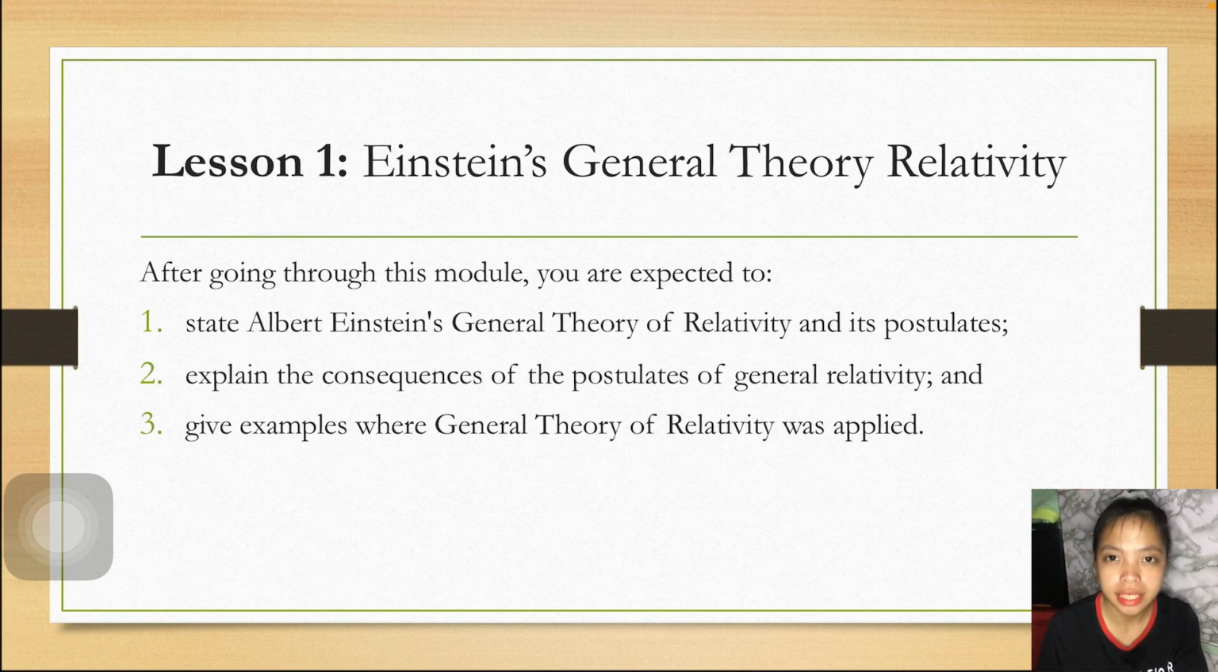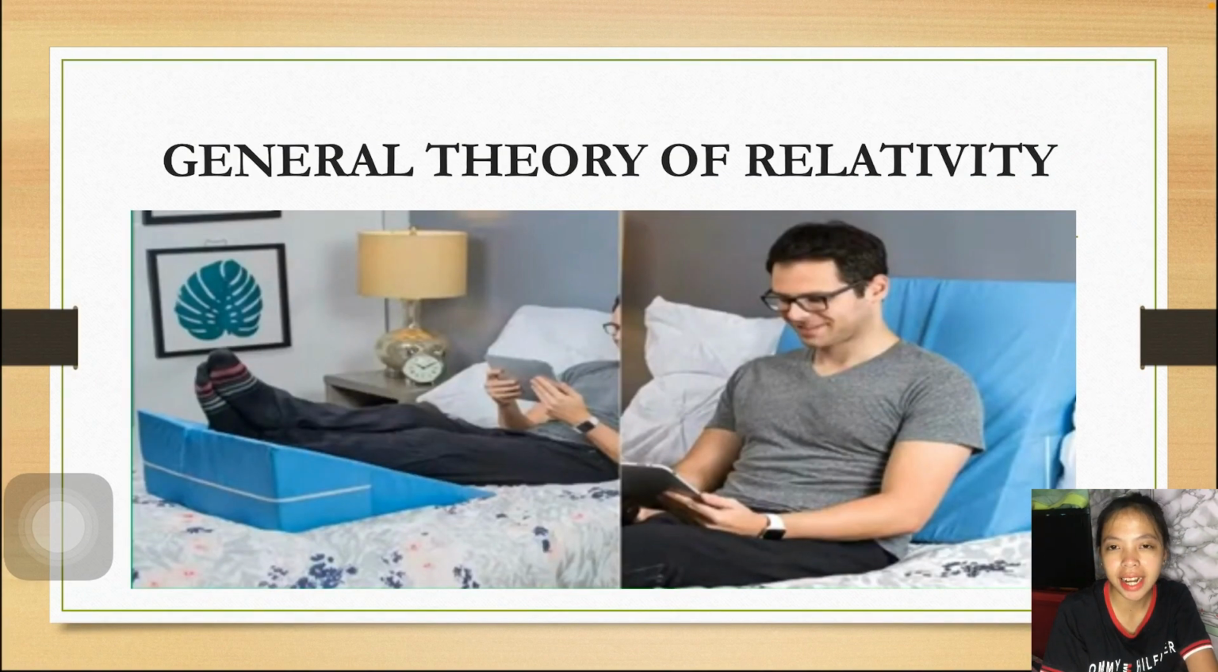The first one is state Albert Einstein's general theory of relativity and its postulate. Number 2, explain the consequences of the postulate of general relativity, and number 3, give examples where general theory of relativity was applied. So, let's start our discussion on general theory of relativity by comparing